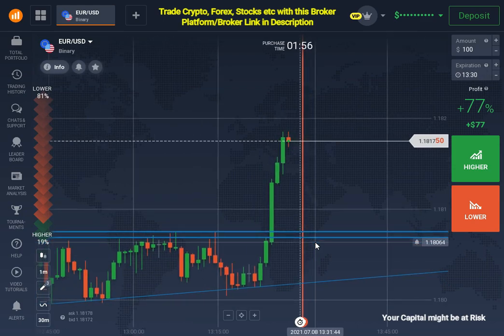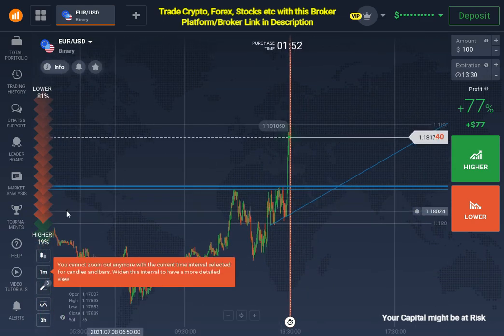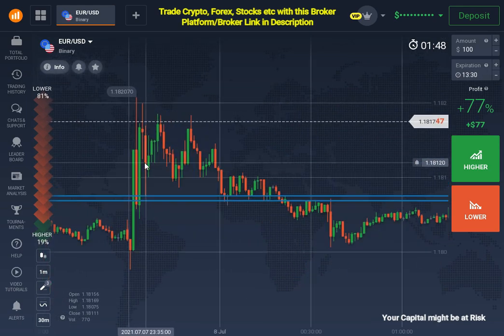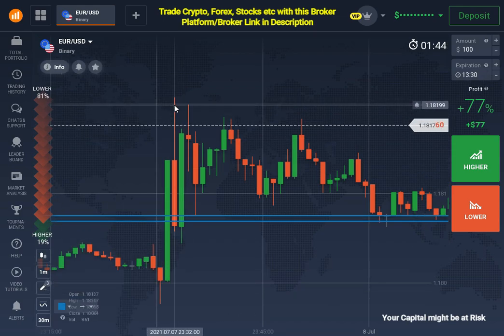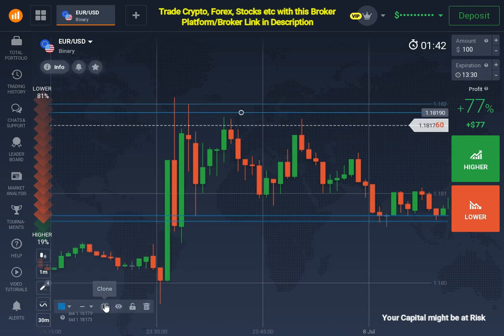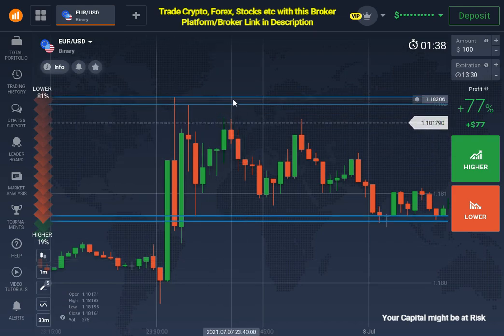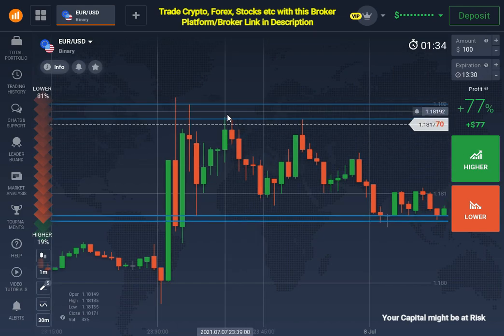So let's wait. Now as you can see, market is moving in the upward direction, which is a good thing. Now what we need to find is some extreme level, which is here. So we have an extreme level of resistance here. I will draw an area, you can see. Okay, I will take this. So we have an area of strong resistance here.